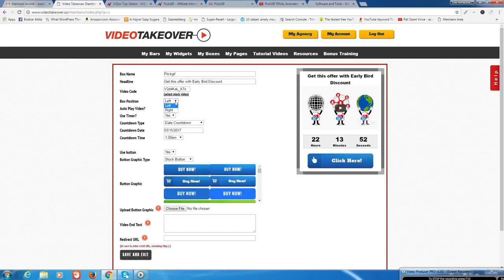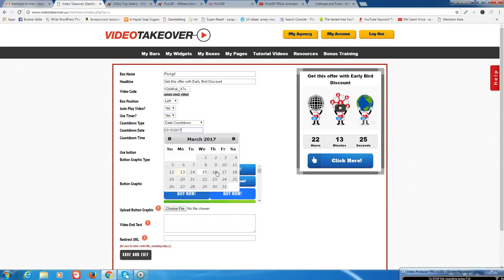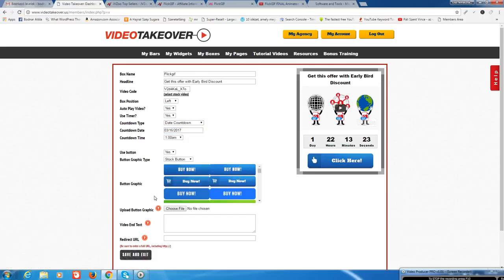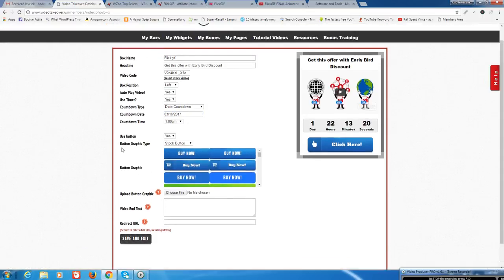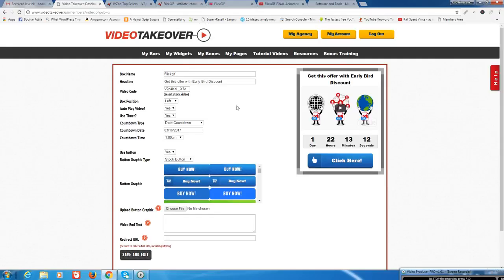You can choose where the box appears, left or right, and how to play the video. I think it is good to set up for yes, and use timer, and in this case you can set up the timer until the discount price is going up.